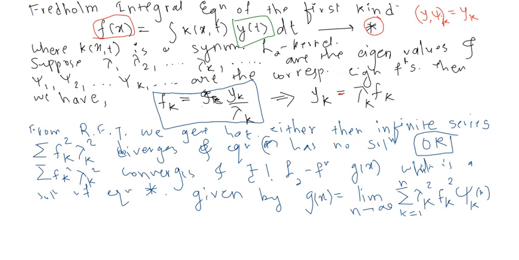So therefore it says that if the series fk square and lambda k square converges, and then there exists, no, here it should be if and only if. Yeah. And there exists a unique L2 function g of x, which is a solution of equation star, and that solution is given by g of x equal to limit as n goes to infinity of summation k going from 1 to n of lambda k fk xi k of x. It should not be lambda k square, it should be just lambda k fk.